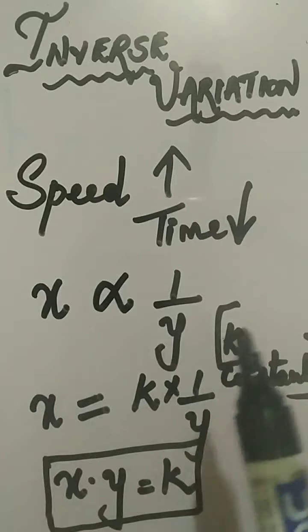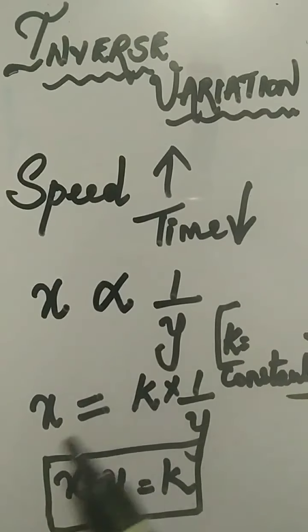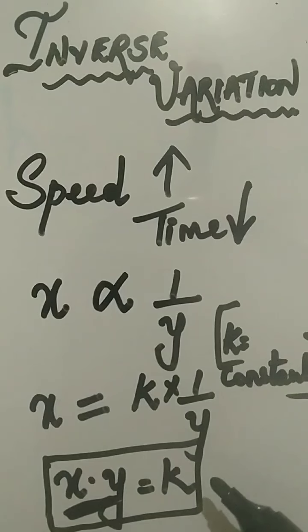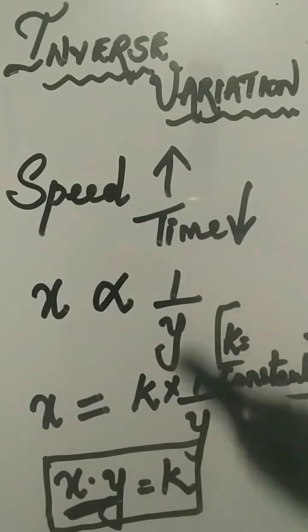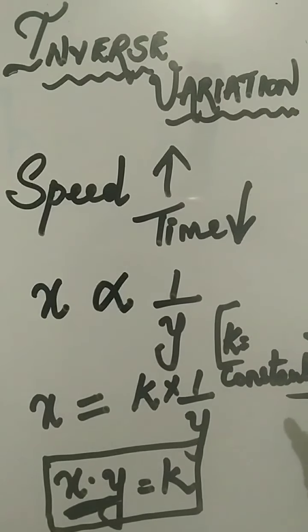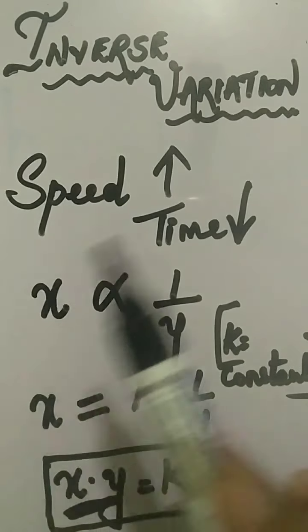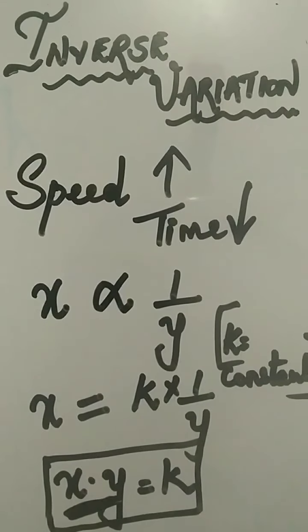For direct variation, you divided. So obviously for inverse variation, what will you do? See here, what you did for x and y? You multiplied. X into y will give you the constant. For direct variation, x upon y gave you the constant. So with this information, let us solve the practice set. The more sums you solve, the better idea you will get about the chapter.